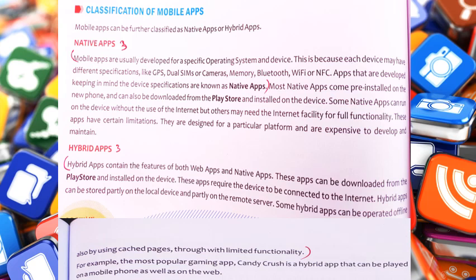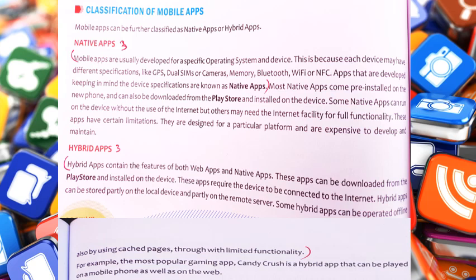Suppose you have got iPhone 7 or iPhone 8. In both smartphones, the specification is different. So they will need different apps with different specifications, and those come preloaded onto your smartphones, and those are known as the native apps. Rest of the apps you have to download from the Play Store.